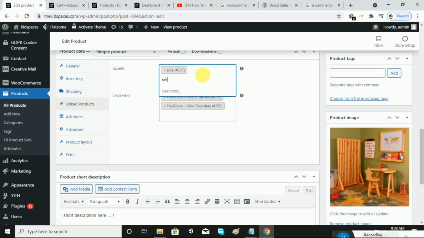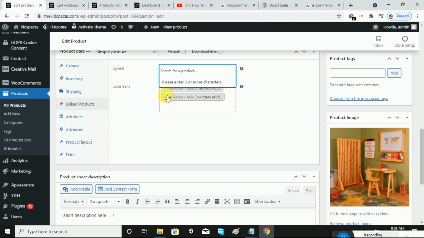Can I add a table here? I'll delete all this first, because we have only limited stuff here. Again, sofa.